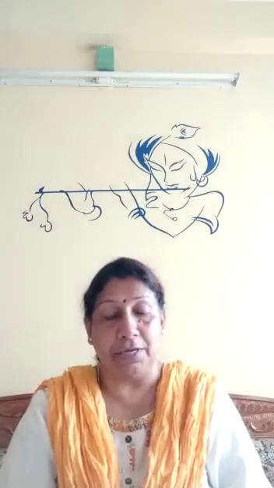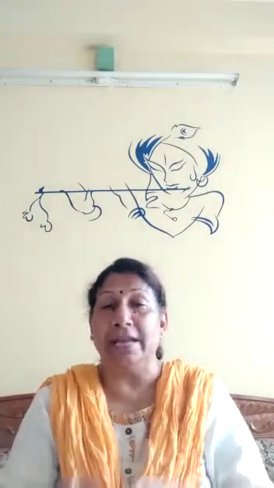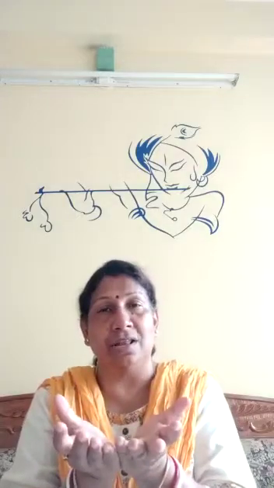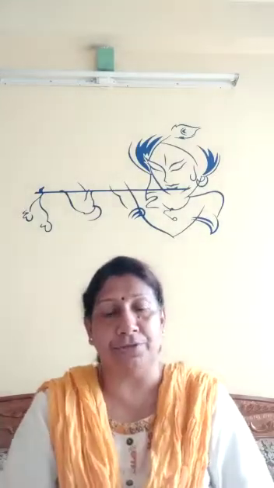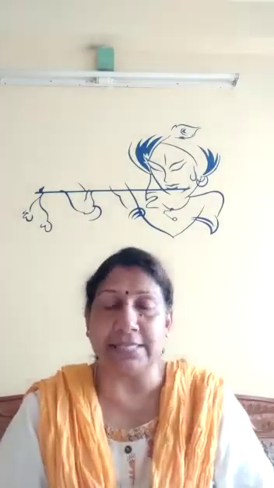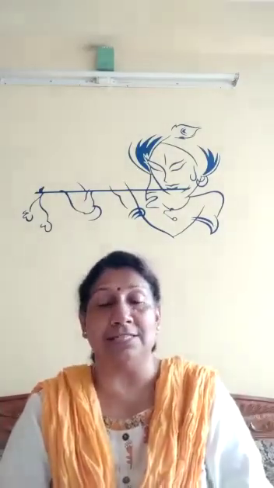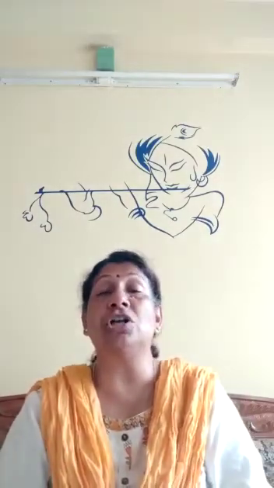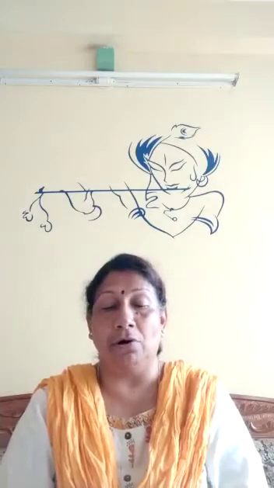Then we have whorl. In one node, there are 4 or 5 leaves arranged in a circular form. So there are mainly 3 types of arrangement on one twig. First is alternate, second is opposite, and third is whorl. So this arrangement of leaves on the twig or the stem is called